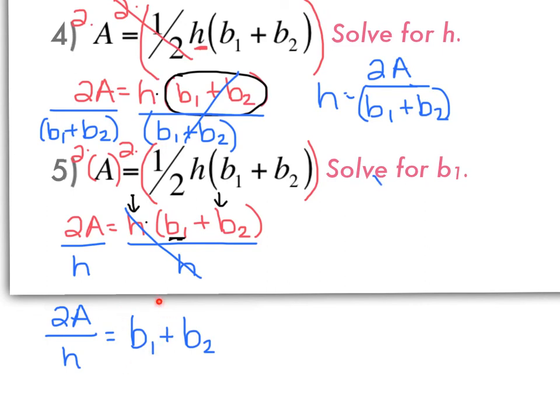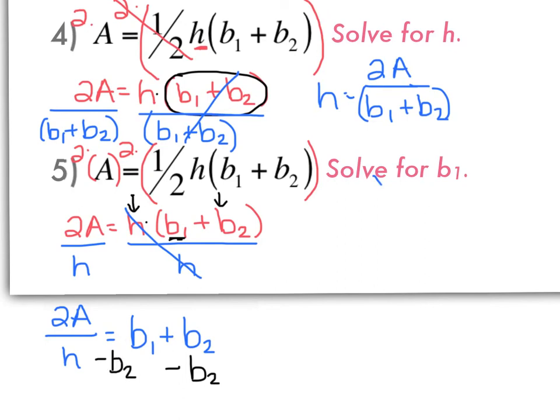Still have my eyes on that b1. So now I have to think about how to get rid of b2. Let's go back to our questions. What am I trying to get to? I'm trying to get to b1. So what needs to move? b2. How is b2 attached? With addition. So how am I going to get rid of it? With subtraction. So I'm going to subtract b2